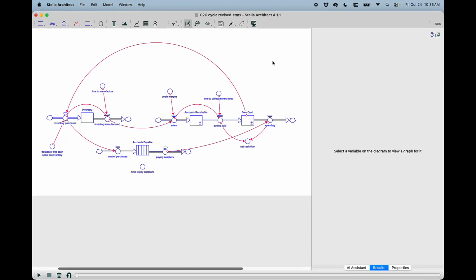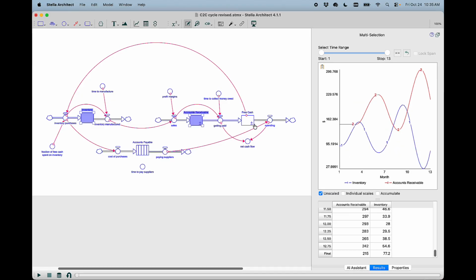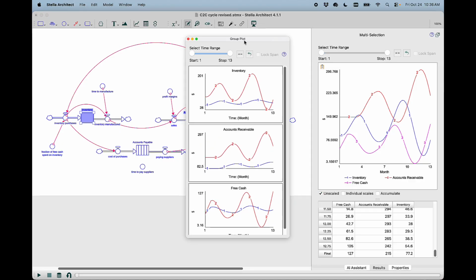New in Stella Architect 4.1.1 is what is called the group plot. The group plot can be used to view multiple results, but instead of on a single graph, like here in the results panel, rather in a strip in multiple graphs. You can get to the group plot by going underneath the causal lens and choosing group plot, and you'll see